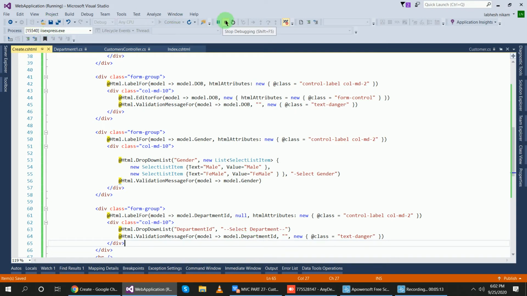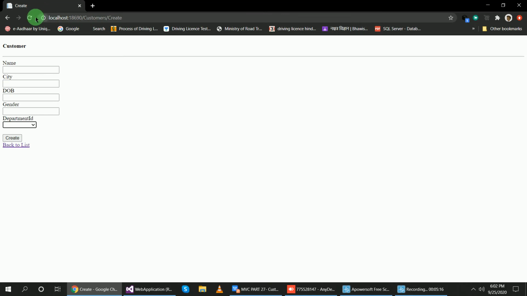Save it and refresh the page. Now you can see in the gender field there is select gender and male and female. And in department there is the select department string and the other departments like IT and HR.